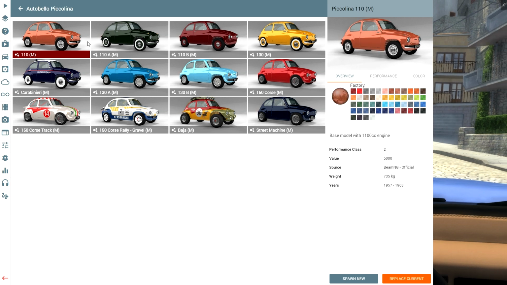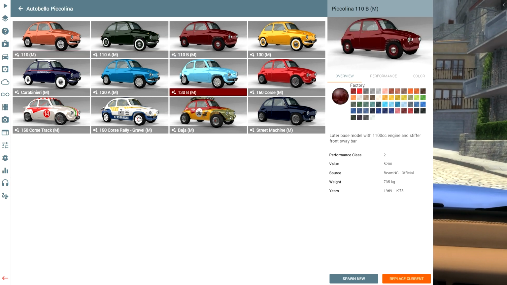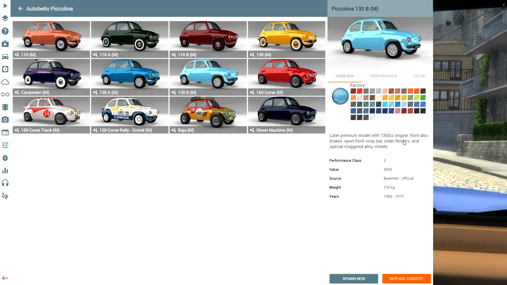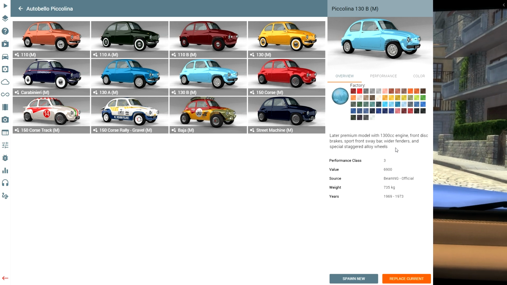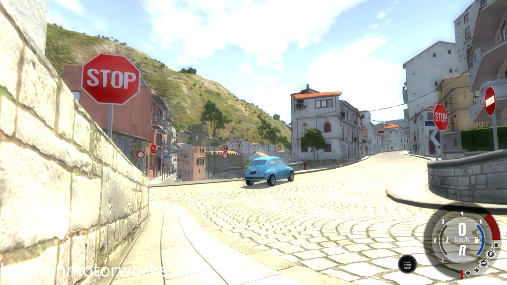So as part of this update, the Italy update, you've got the Autobello Piccolina, which is basically just a Fiat 100 perhaps, look-alike or pretend. Obviously they're not able to license any vehicles in this game, but I'm choosing here the Piccolina 1.3 liter. This is the slightly upped performance version. It's got